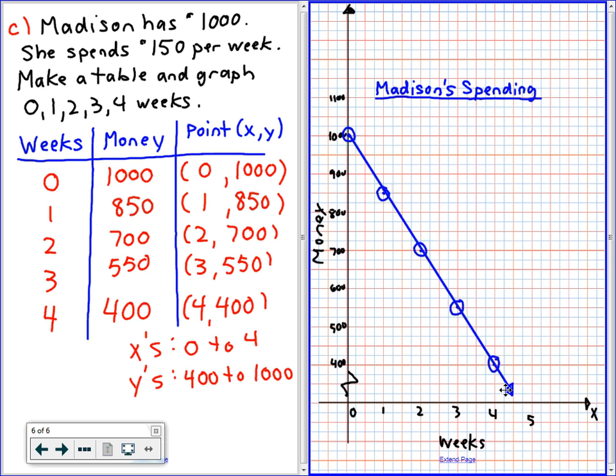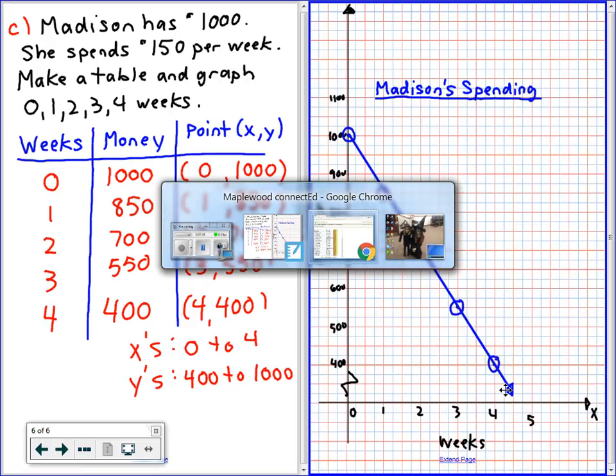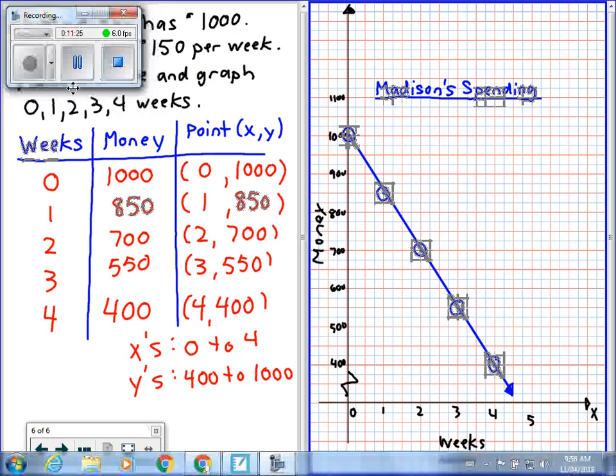Lesson today is going to be on slope. Let's see. So we're getting to that right now. I'm going to pause the video, unfortunately, and then I'll